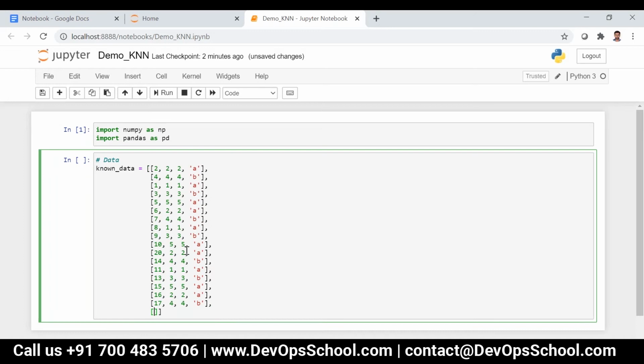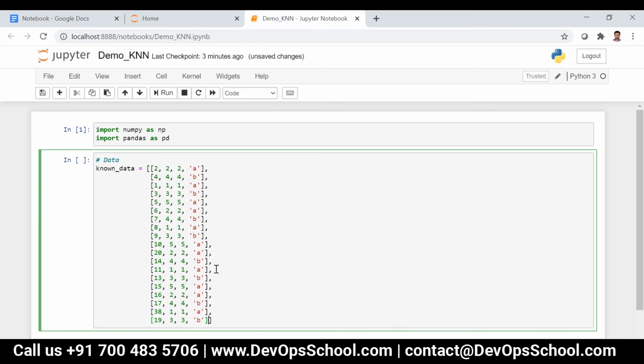Okay, so today we are going to start with KNN, which is nothing but K nearest neighbor. This is one of the popular classification algorithms. K stands for any number. If it is equal to 3, it is nothing but 3 nearest neighbors, like that. Based on the relationship with neighbor data points, it will be classified.